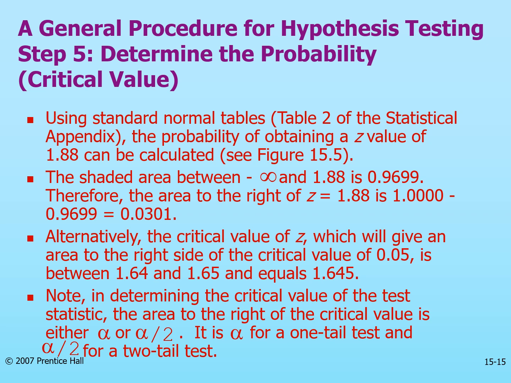For the calculated Z value of 1.88, the shaded area between minus infinity and 1.88 is 0.9699. Therefore, the area in the right tail is 1 minus 0.9699, so it is 0.0301, which is less than